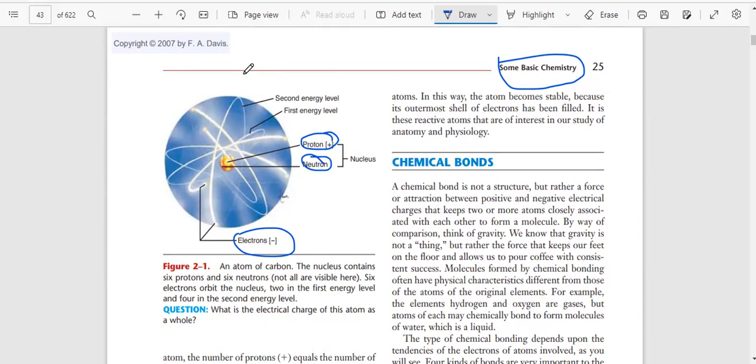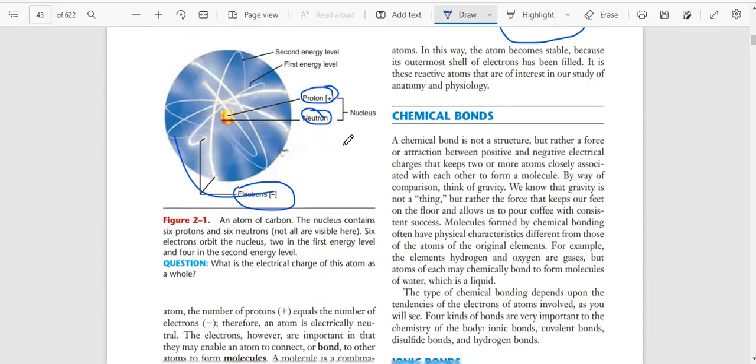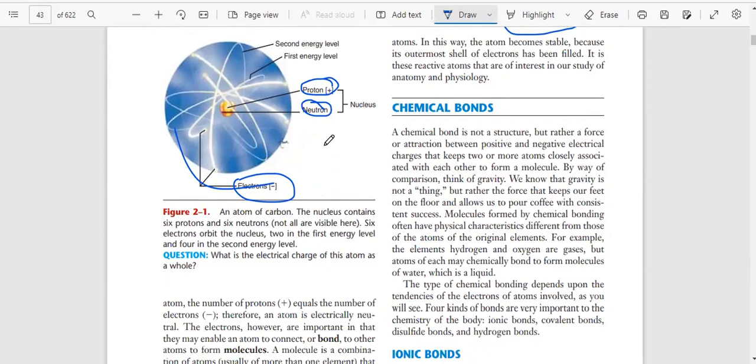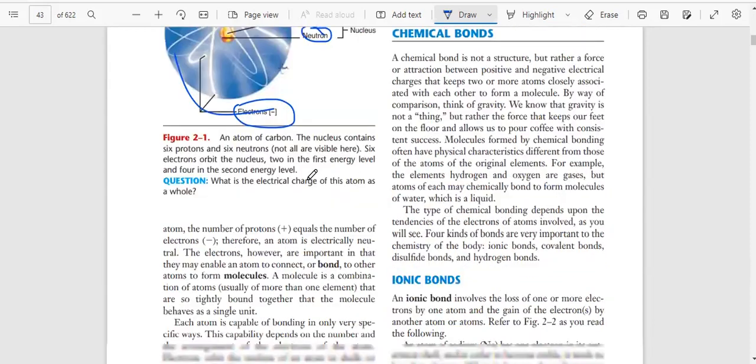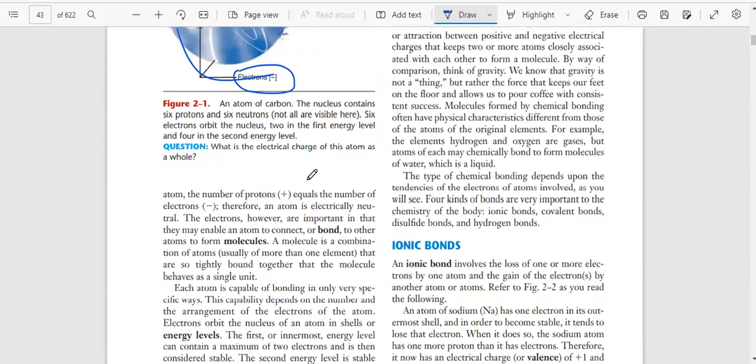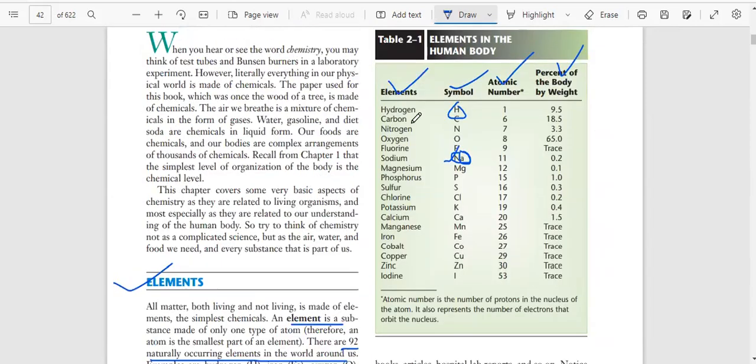So this is the pathway. If this is an element, we have the nucleus and orbital pathway. In that we will see the proton, neutron, and electron. Then afterwards, the bonding of the elements is seen. So if there is balancing in the elements, okay,